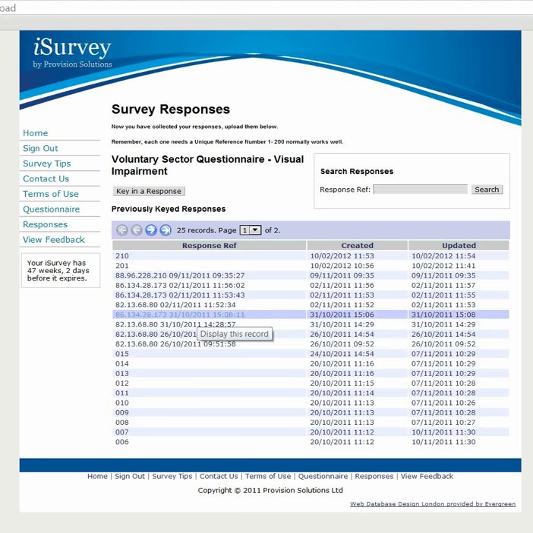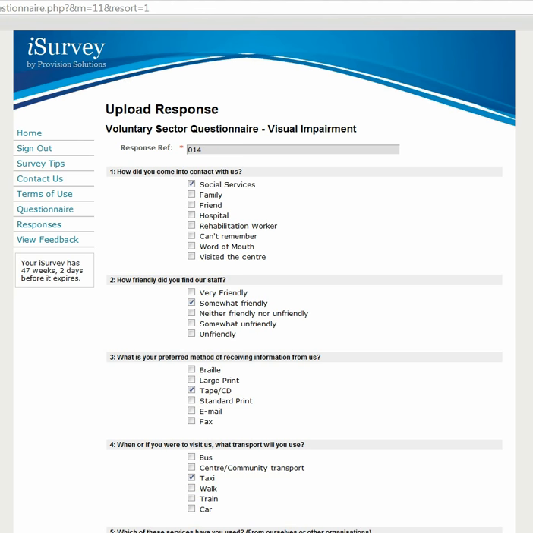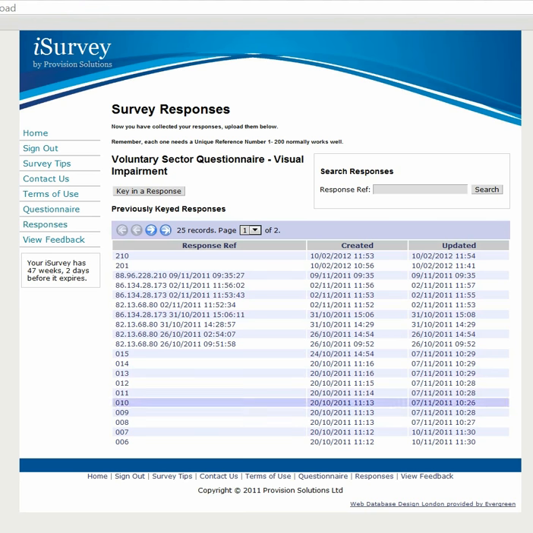And in the responses section, if I open one that I've keyed in earlier, say 014, here you'll see the reference at the top and the answer that that participant gave me, which I've ticked in. Back to responses, and here's the list of the 200 people you'll be able to key in with iSurvey200. Once all of these are in, immediately the feedback is available, and as you can see I haven't put in 200, but I have feedback available from the ones that I've put in. So I click on feedback,